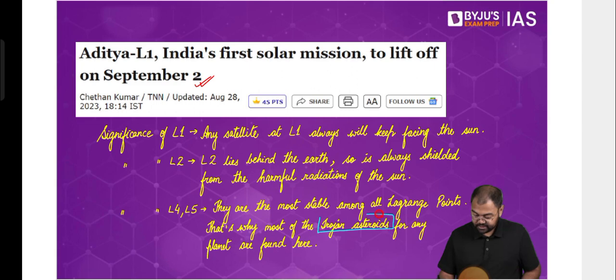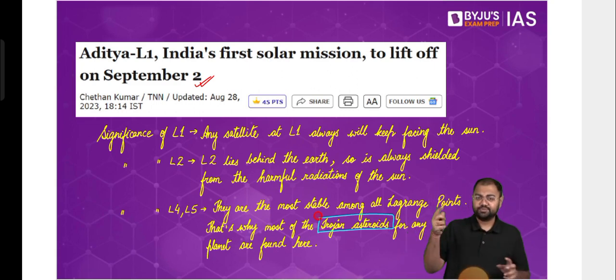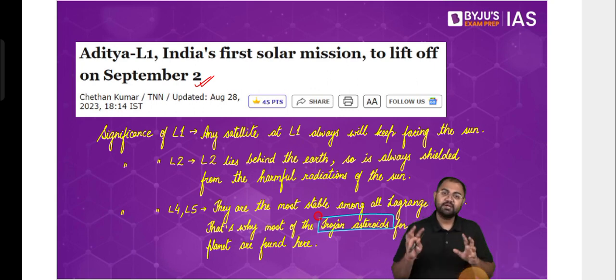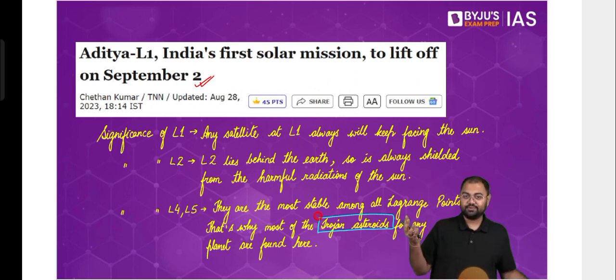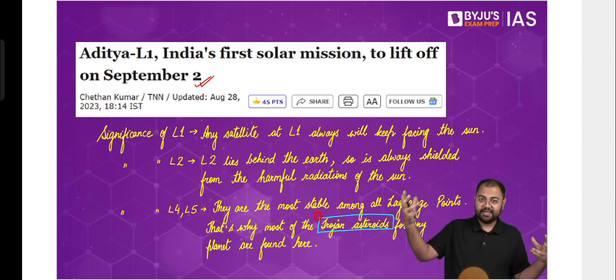We are talking about Trojan asteroids. So Trojan asteroids basically are the asteroids which are often found on L4 and L5, not only for the Earth, but even for Mars, even for Jupiter, especially for Jupiter. The number of Trojan asteroids at its L4 and L5 are very large. Why? Because obviously Jupiter is the closest to the asteroid belt. Also, it is very massive, so it has larger areas which are L4 and L5 points.